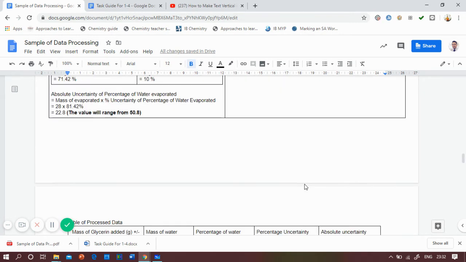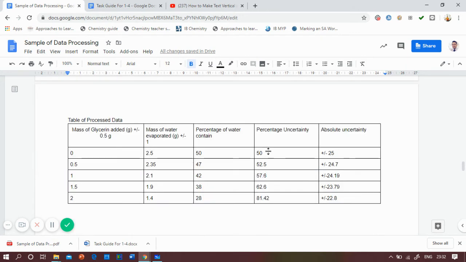After you process the data, you're going to have this table. There is the title of the table, uncertainty, the unit gram, and the percentage. You have to add percent here because the unit is percent.